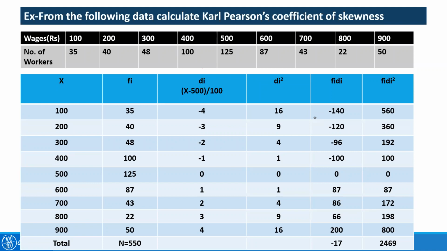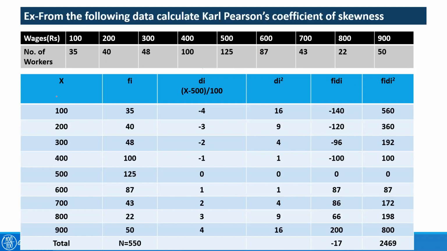We'll use one example, which we have discussed in our earlier video. This will even be continued in the next video so that you get a comprehensive idea about how different measures of skewness are used. Here again, the wages are given and the number of workers in different wage groups is given, like the wage of 600 rupees is earned by 87 workers, and 50 people are earning around 900 wages. Therefore, we need the value of standard deviation here.